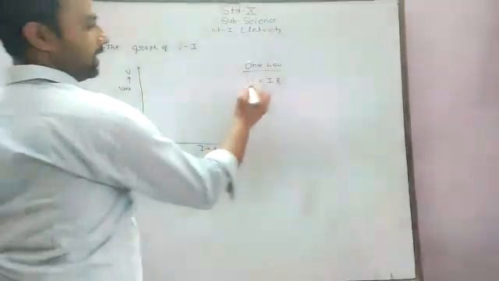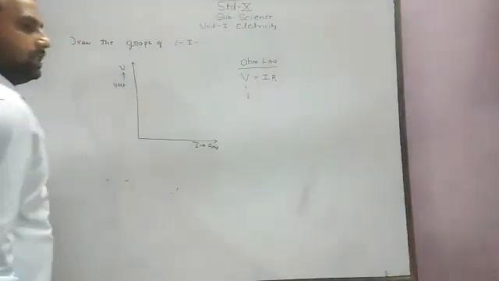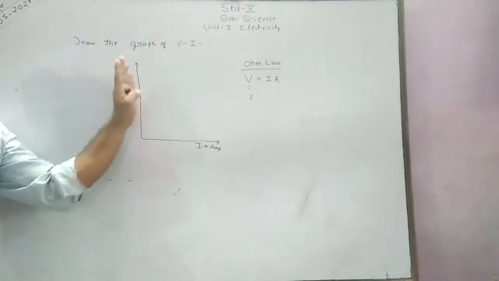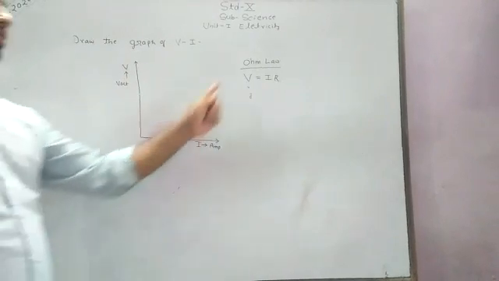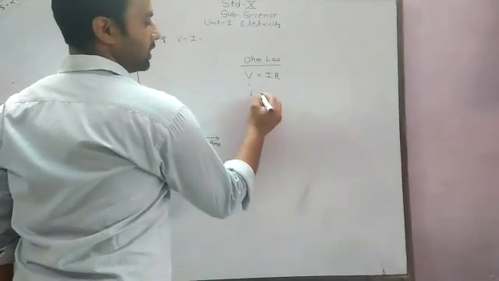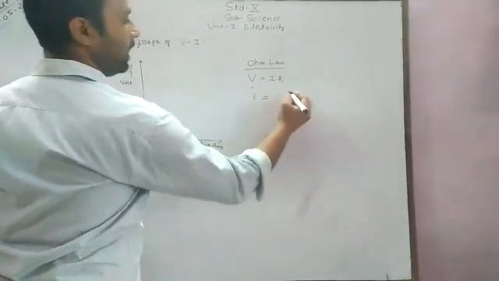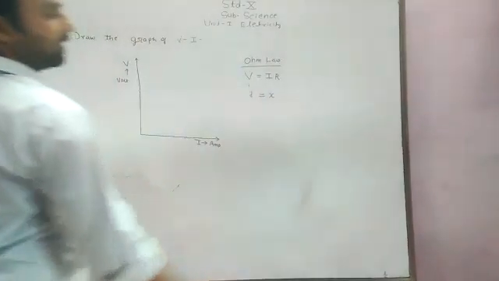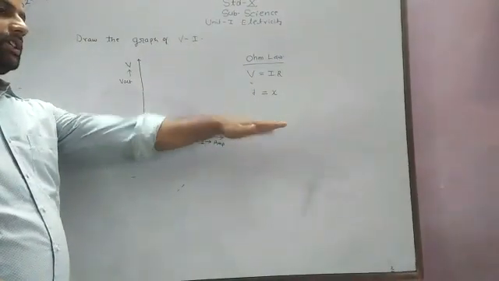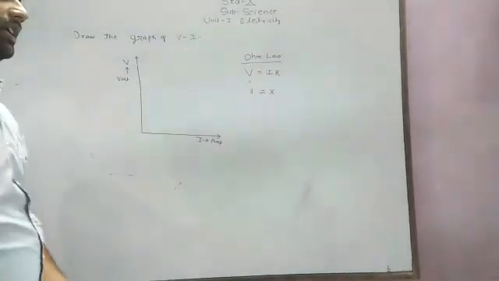Voltage is written on the y-axis, and this value is equal to current I, which is written on the x-axis, because the x-axis is represented in terms of I,